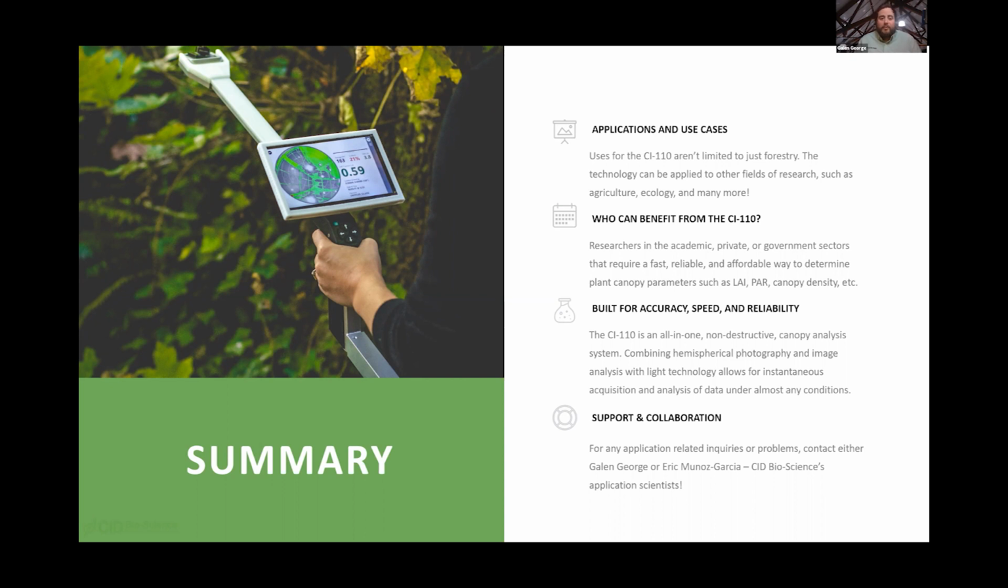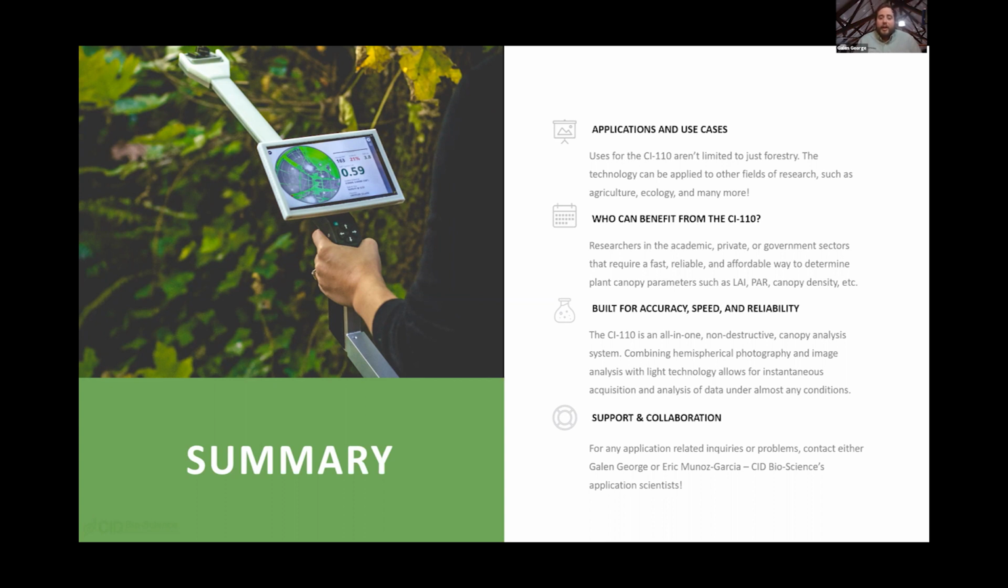And so if you think that it's something that could be valuable to look at, to be able to measure the leaf area index and the photosynthetically active radiation, your canopy densities, then really it can be a great tool for you. And so, as I said, anyone that's a researcher in the fields of agriculture, forestry, ecology, urban developers, architects,